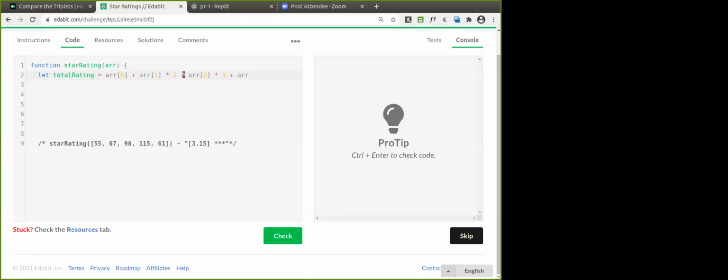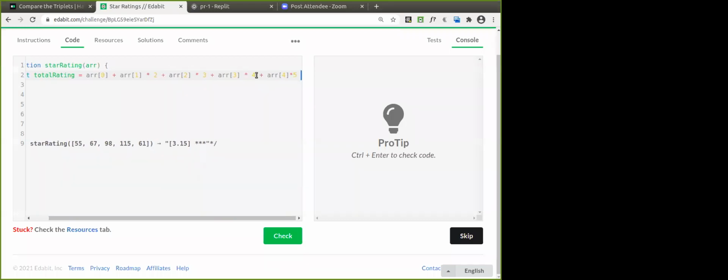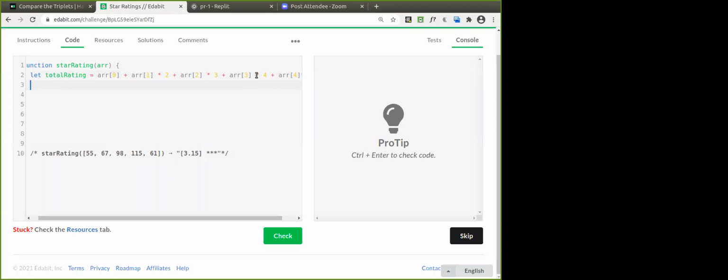Plus array of 3 into rating 4, isn't it? Good. Plus array of 4 multiplied by 5, isn't it? This will give us the total ratings, sum of all those things, isn't it?